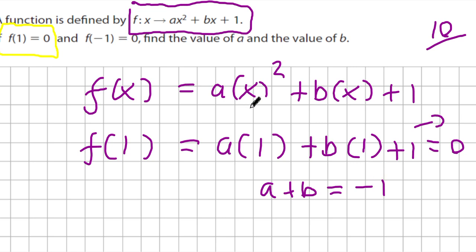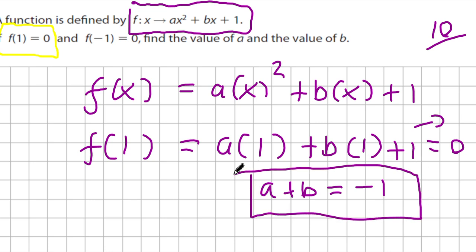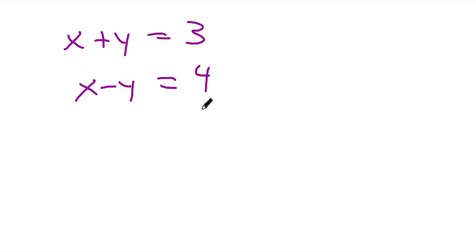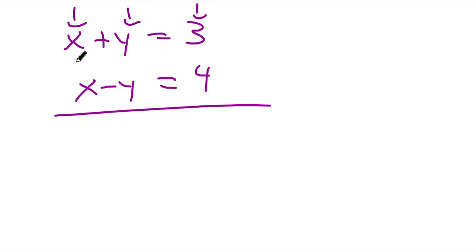Now, before we continue this question on, do you notice that you have 2 letters and only 1 equation? Everybody see that? 2 letters, 1 equation. Back at the start of second year, we did something called simultaneous equations. Do you all remember doing simultaneous equations? And what did I tell you back then? You add downwards and what happens? 2x equals 7. In this case, 2x equals 7. And x will equal